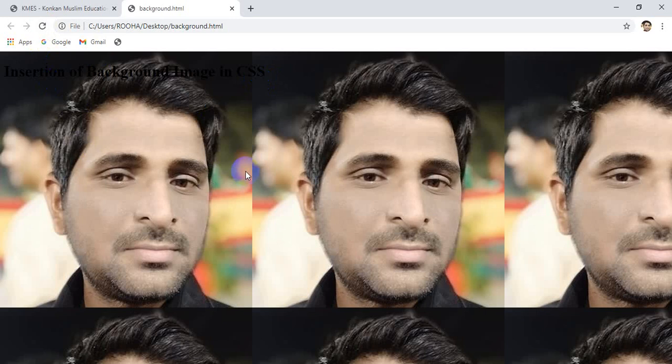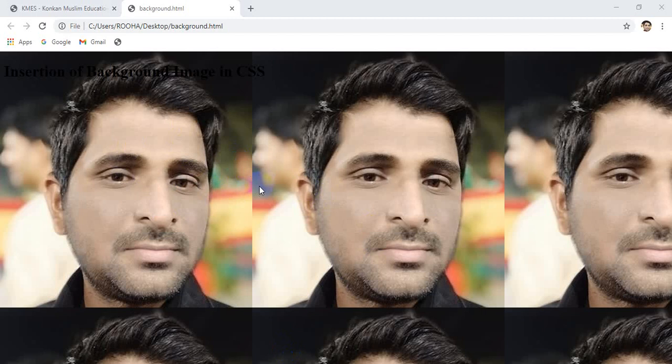Now you will notice there is an error as per your requirement. It means you want a single image on your background. Why is it repeating? Because the image size is very low, that is the first reason. And the main reason for repeating is the default CSS background repeat property. Sorry, why is your image repeating?